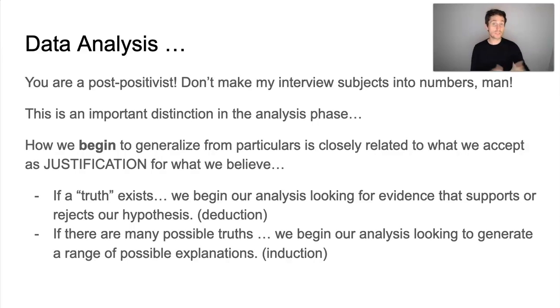So if we, say, are more in line with a post-positivist and we think that truth exists, then largely what we're doing is looking for evidence that supports the hypotheses or the beliefs that we already have. That is, we're testing something, and we're saying whether or not there's a match between what we've tested and what we found. Now, if we're working from the more constructivist,